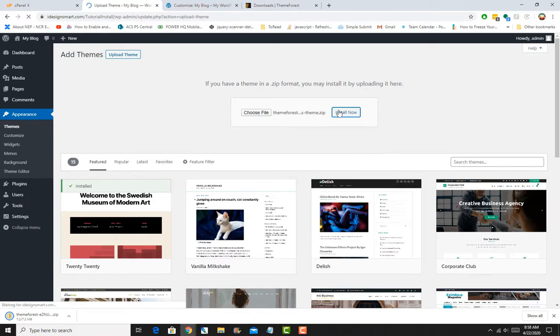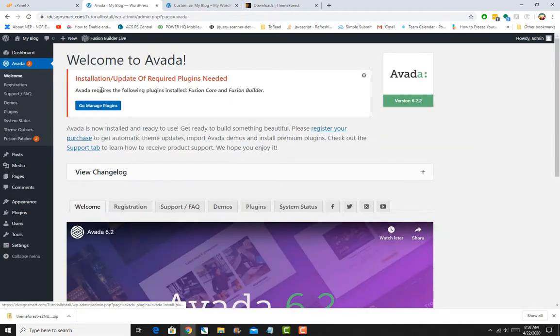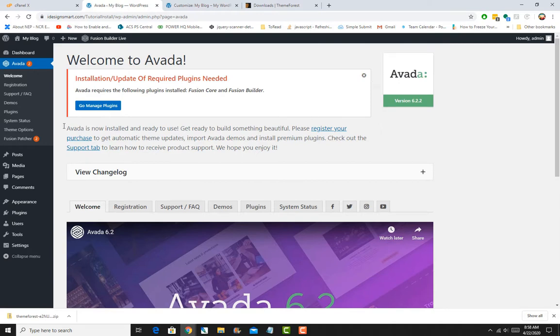Okay, looks like the theme has installed. We can live preview it and activate it, and returns to the theme page. I will just go ahead and activate it. Okay, so once you install the Avada theme, you also want to install the two core plugins that it depends on, the Fusion Core and the Fusion Builder. So you start seeing a message or notice right there,